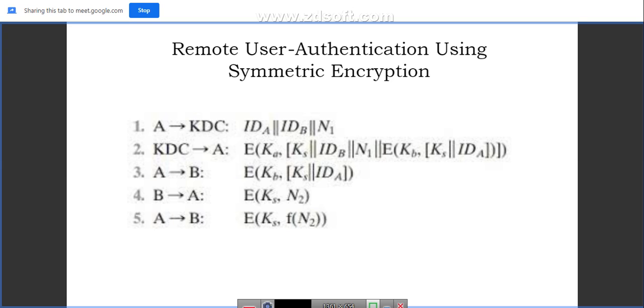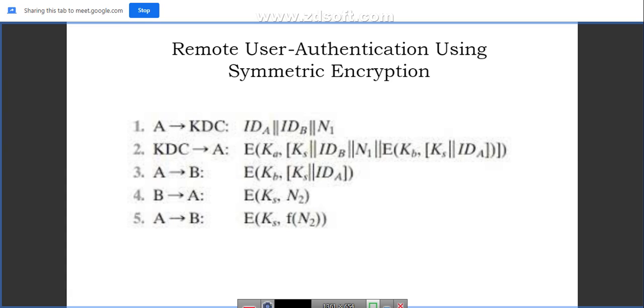Okay. Now what is B doing? In response to this request or message, B is sending his nonce N2, and that N2 has been encrypted using KS. Okay, just to acknowledge the third message, B is sending nonce N2, and that N2 has been encrypted using KS. And this KS is known by A as well. So A can easily decrypt this message, and A comes to know about N2.